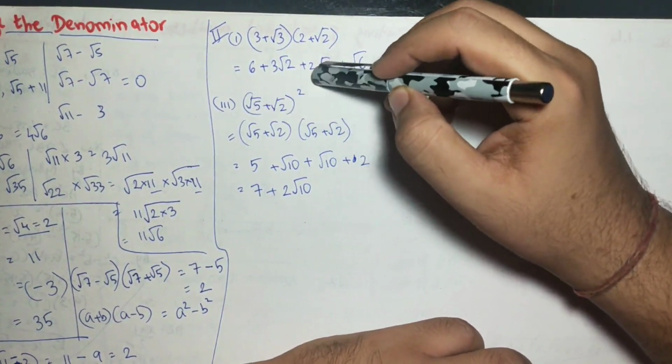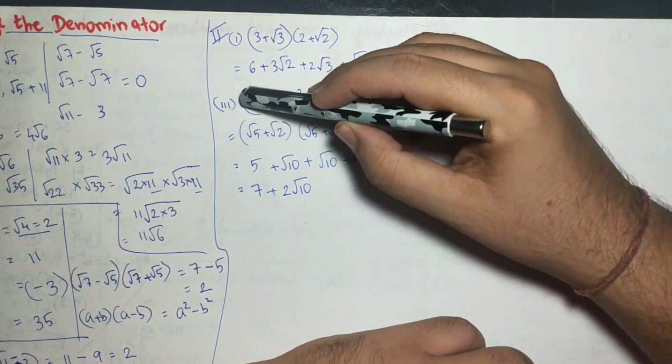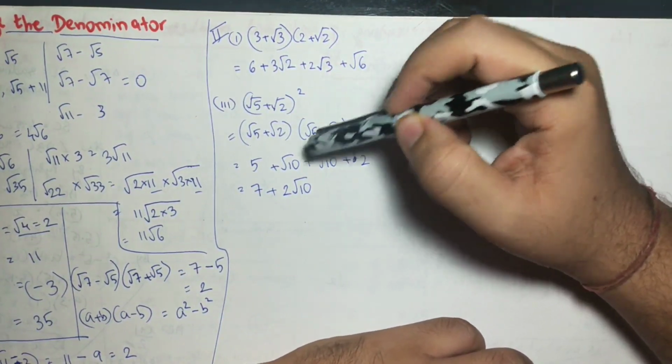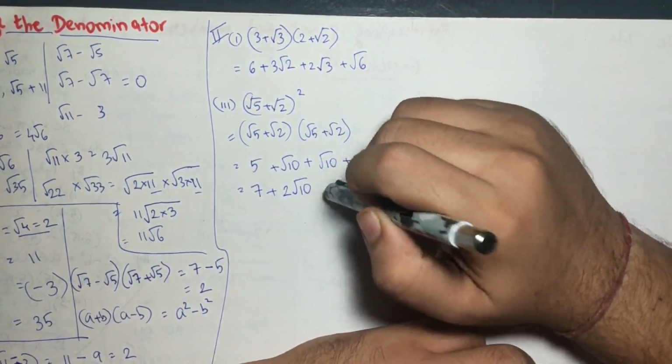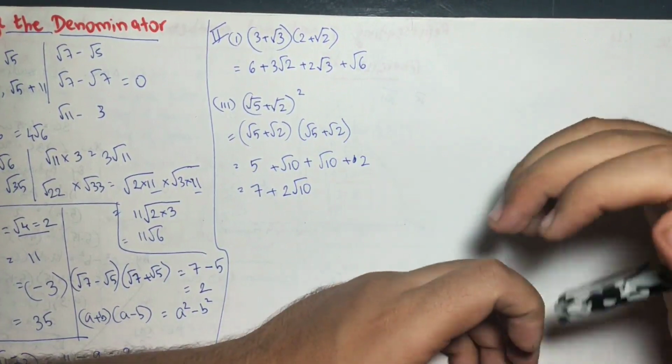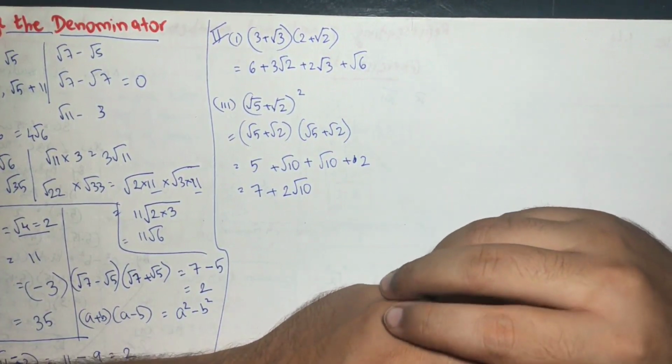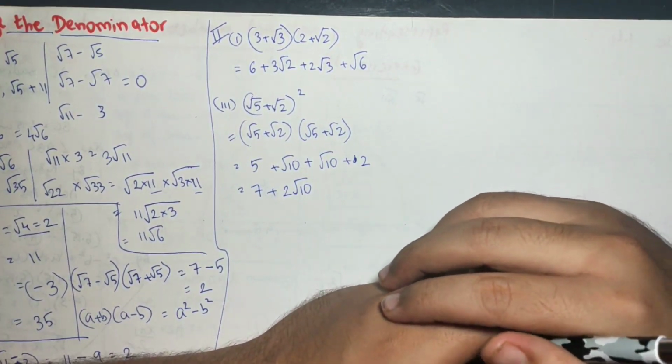(root 5 plus root 2) whole square will be root 5 squared plus 2ab plus root 2 squared, and we'll get this final answer, which is also an irrational number. The fourth is again a similar type, a square minus b square, so you can do it by yourself. Third